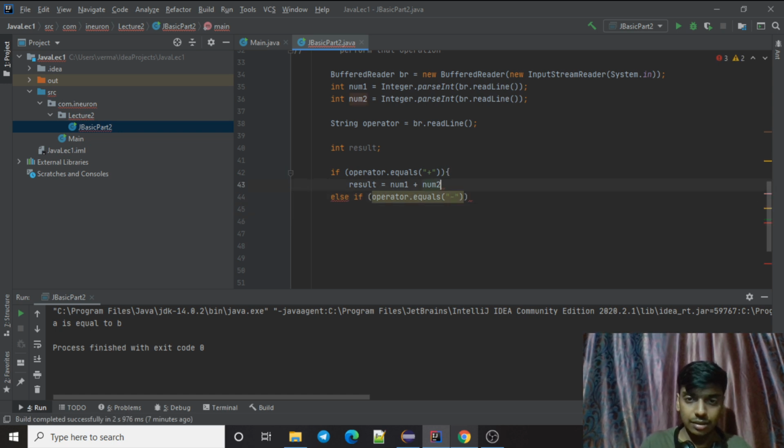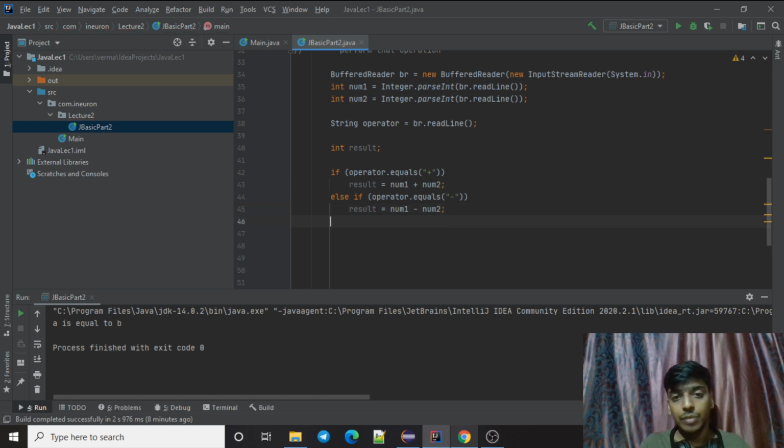Also, let's always write your code. I have result equals to num1 minus num2, right?